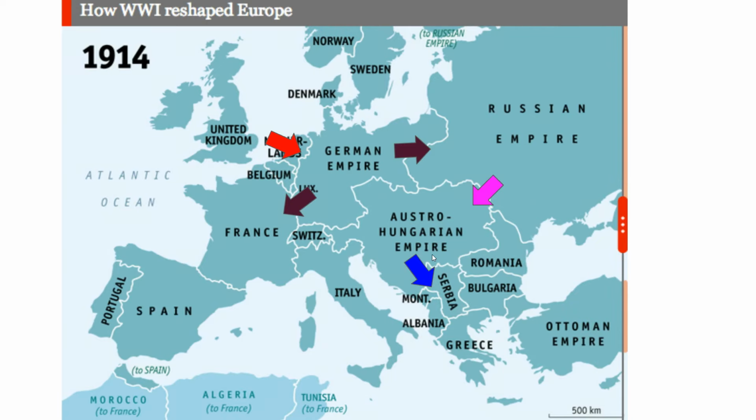So just as a recap here, looking at the map, we have Austria-Hungary declaring war on Serbia because of that assassination. Russia comes to the aid of Serbia and starts to mobilize its army against Austria-Hungary. Germany jumps in and says, wait a minute, you can't attack my alliance member, Austria-Hungary. We're going to attack you, and we're also going to attack your alliance member in France. And the UK, United Kingdom, says, well, we can't let that happen, so we're going to declare war on Germany and Austria-Hungary. And just like that, we have both of these alliances going at each other. And the war officially begins by the end of the summer of 1914.